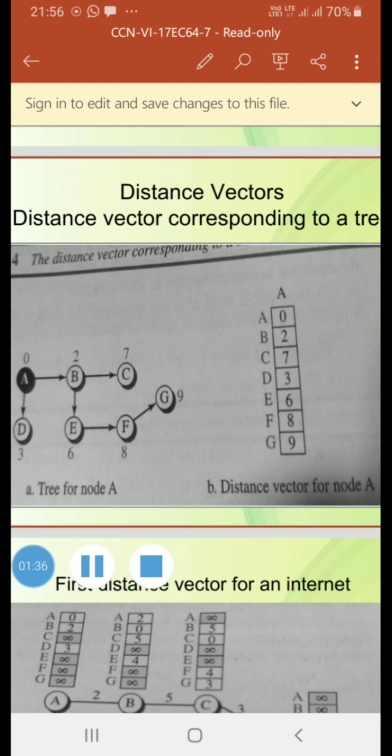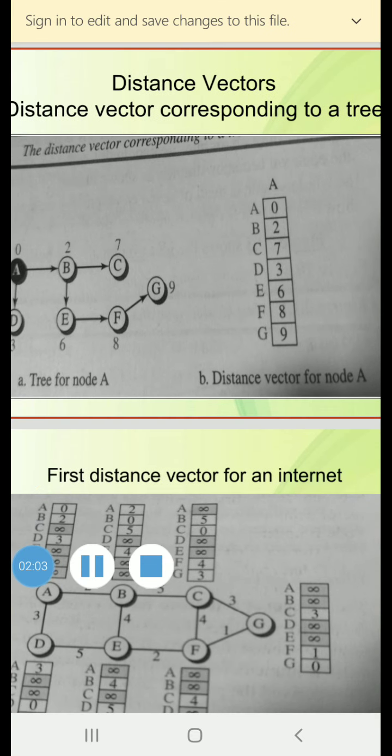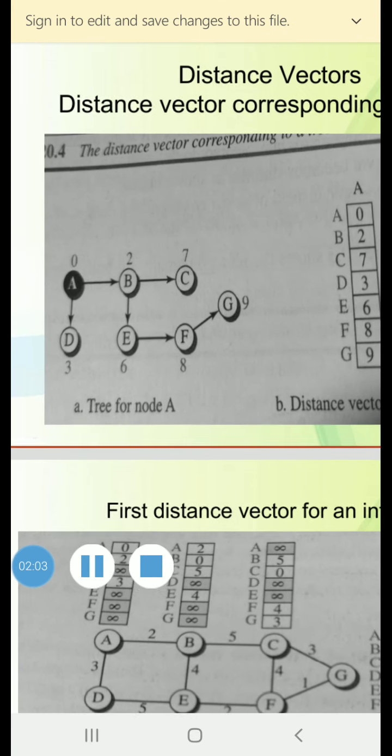When we go for B, it is shown as 2, so it will be 2. For C, it is 7 with respect to A. For D, it is 3, so we enter 3 in this distance vector for node A. For E, it is 6, so we enter 6. F is 8, G is 9. So this is how to write the distance vector for node A.